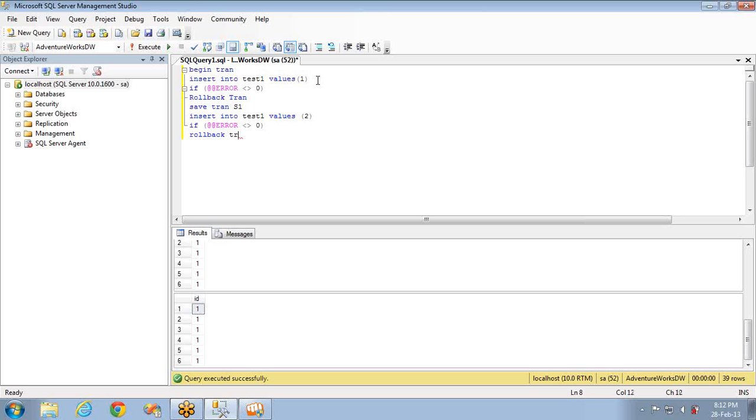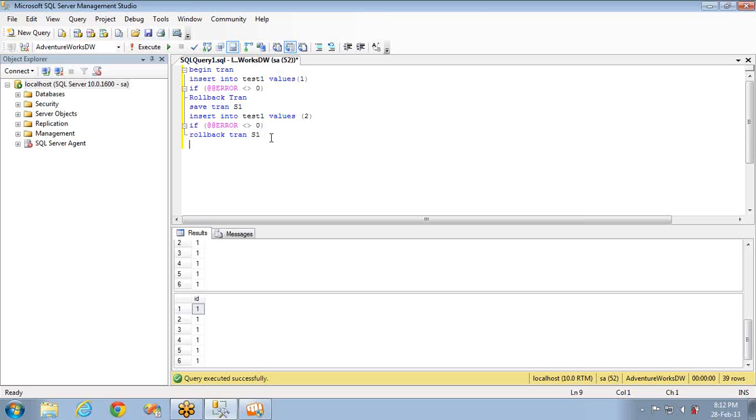You can roll back up to the save point here. You don't need to roll back the complete transaction. You can roll back up to S1. That means only this part will be rolled back, and the remaining things will be still present. The remaining things will be available in the table, in the database for applying the changes to the data.